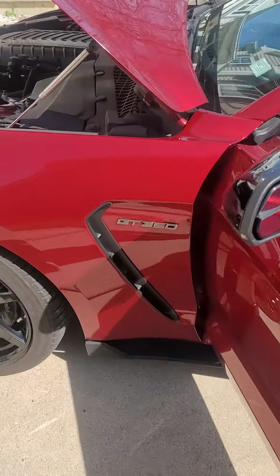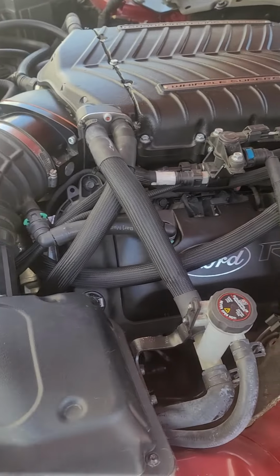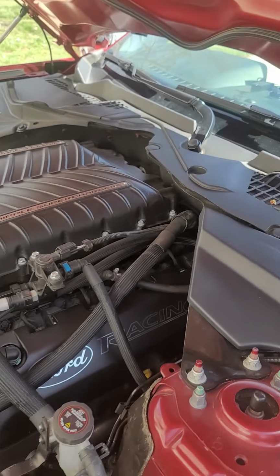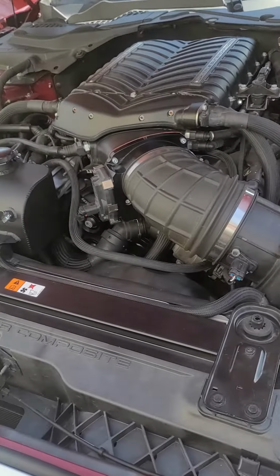Even got part of the engine bay kind of clean. Look at this. I got some of the dirt and grime off of here. Making this all pretty. Hope I get paid for this there. Probably not. But hey, it is what it